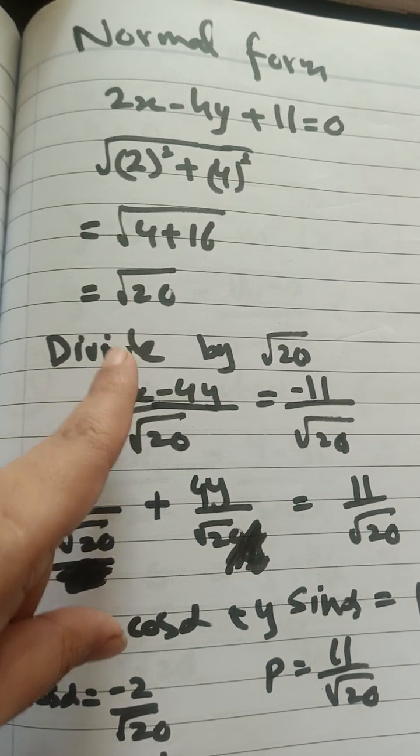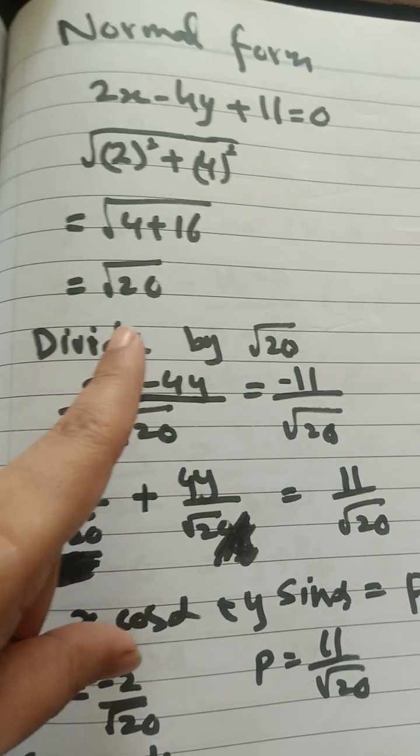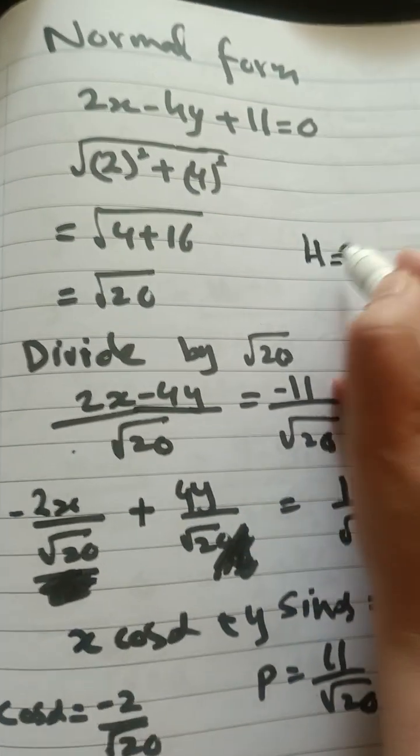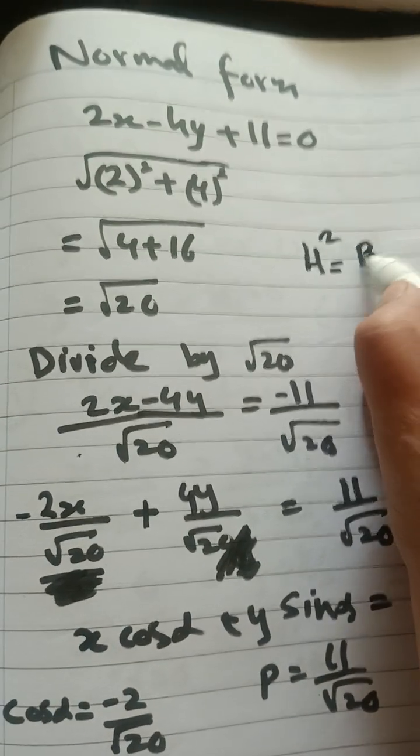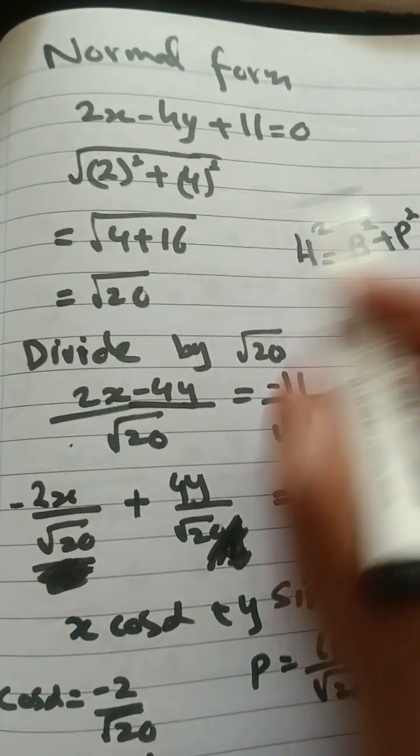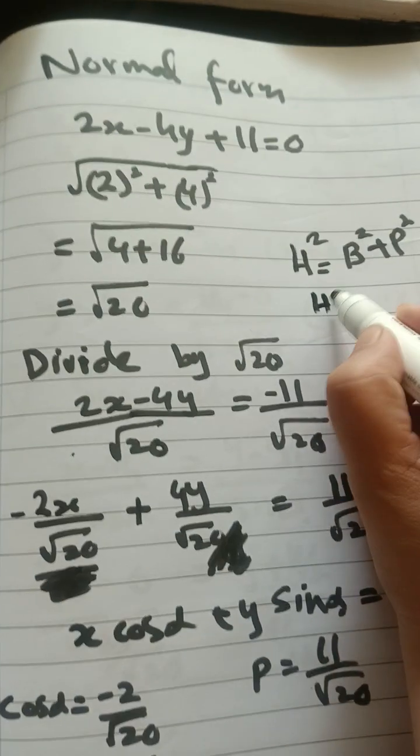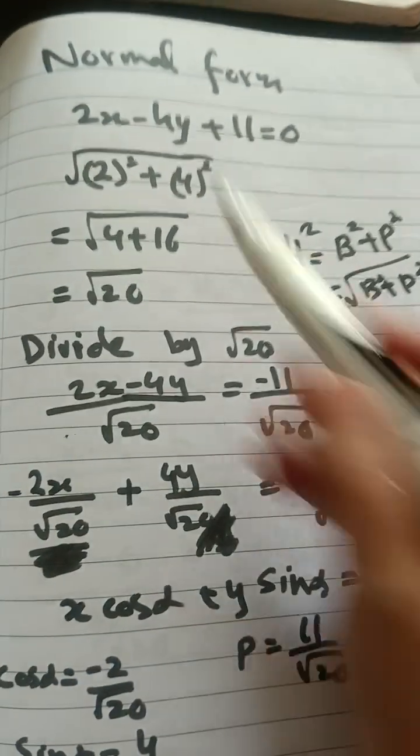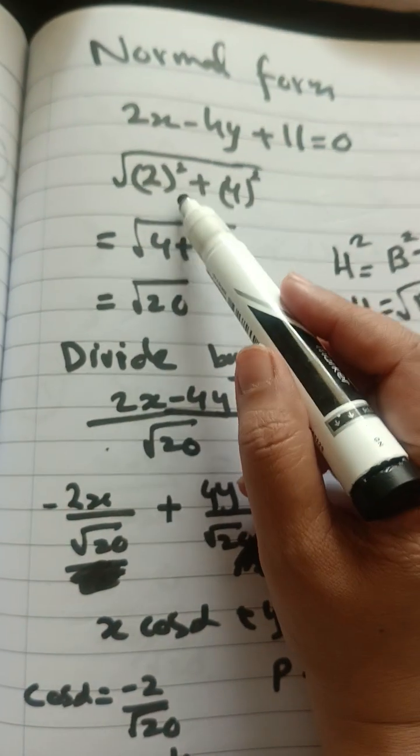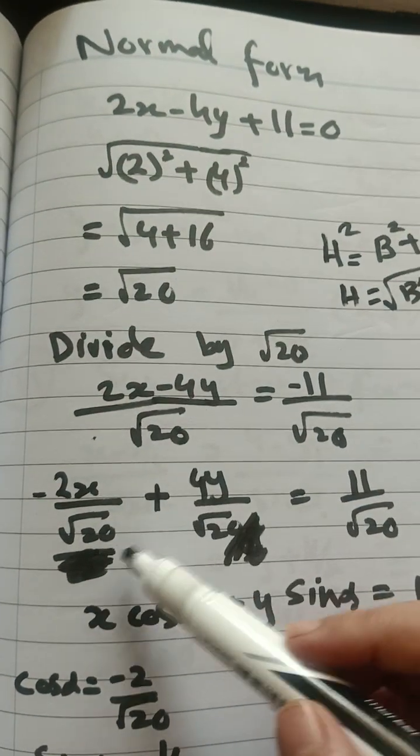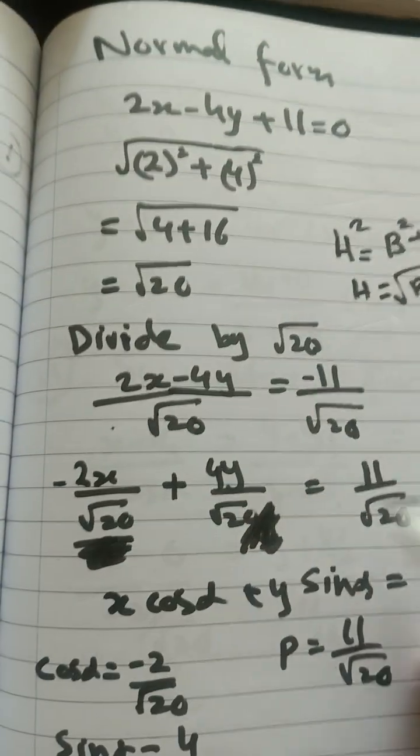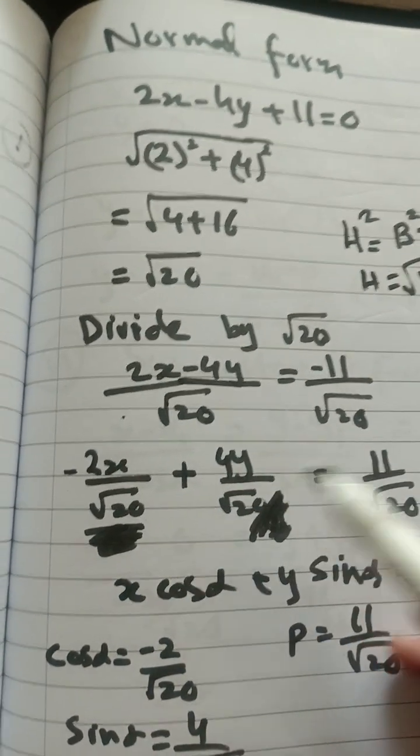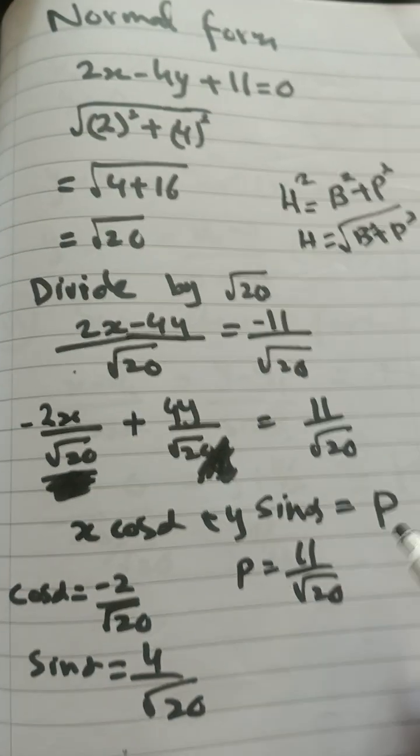This is almost the same way of calculating the hypotenuse. How do you calculate the hypotenuse? For cos alpha and sin alpha, we need h, which is under root b square plus p square. This will remind you how you calculate the hypotenuse. We have calculated the hypotenuse and divided both sides, the whole equation, by it. So this will become cos alpha, this will become sin alpha, and this is p, which is the distance from